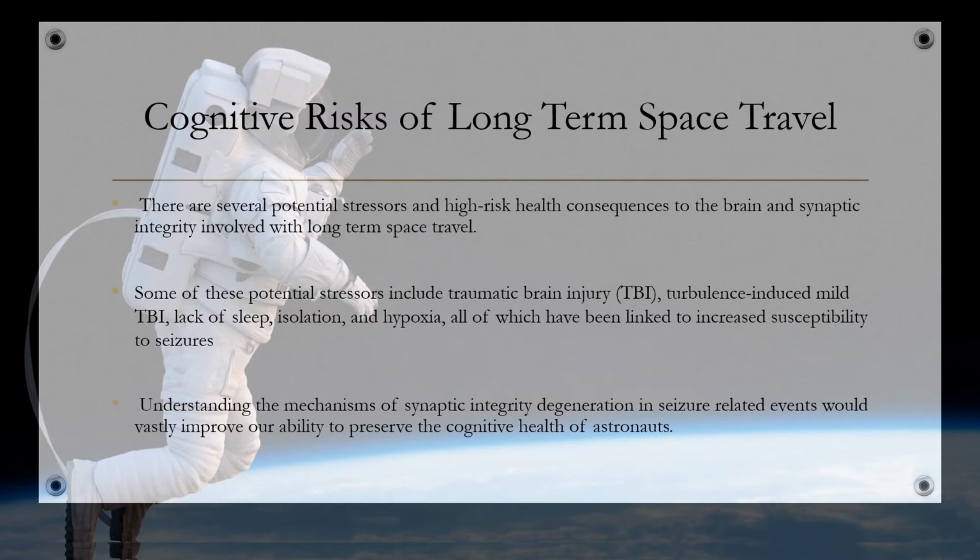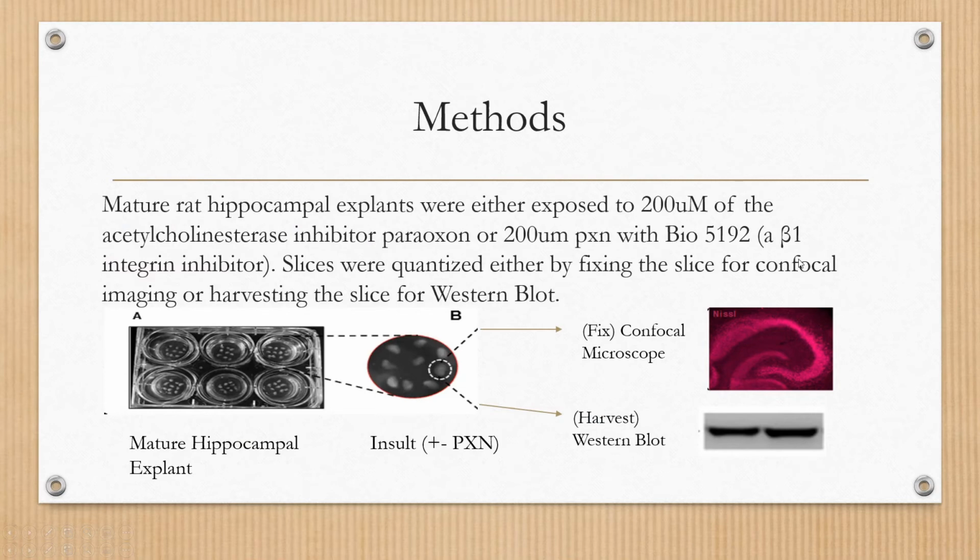Understanding the mechanisms of this synaptic integrity degeneration in seizure-related events would vastly improve our ability to preserve the cognitive health of our astronauts. So what did we do? We took these mature rat hippocampal explants, and we used these explants because they maintain the native organization of the brain. And so we exposed the explants to 200 micromolar of the acetylcholinesterase inhibitor paraoxon, and paraoxon